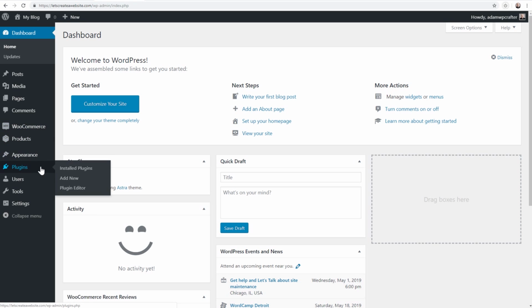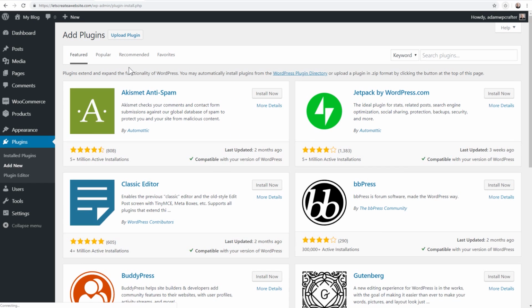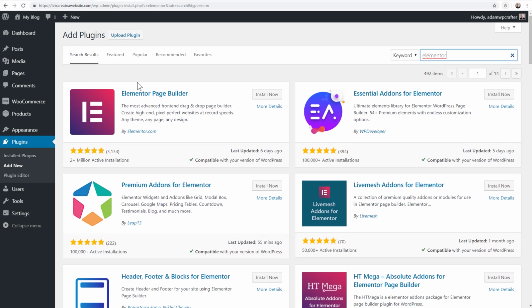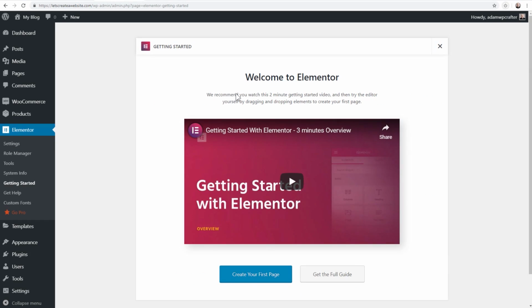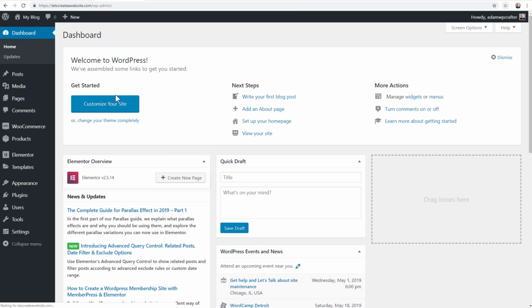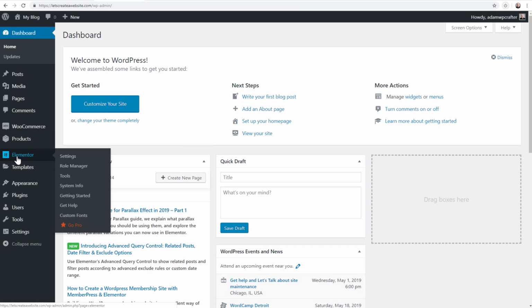I'm going to go to plugins, add new, and I'm going to search for Elementor. We're first going to install the free version. All right, here it is, Elementor Page Builder. I'll click on install now. Now, if in the earlier part of this video you added one of those astra templates, it's going to automatically install Elementor for you. So, okay, we've got Elementor installed, and it's going to add two menu options: Elementor,